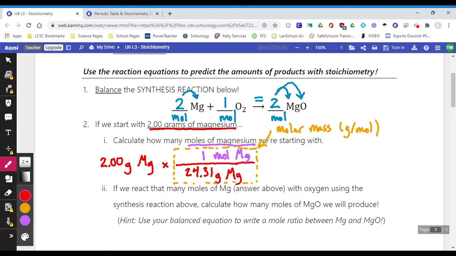Okay, when I multiply by the top, I'm going to be tagging on my new unit of moles of magnesium. When I divide by the bottom, I'm going to be getting rid of my unit of grams of magnesium. So I should be left with moles of magnesium, which is what I want. Multiply by the top, divide by the bottom. So that's going to cancel out. Then I go and plug this into a calculator. 2.00 times 1 divided by 24.31 should come out to be about